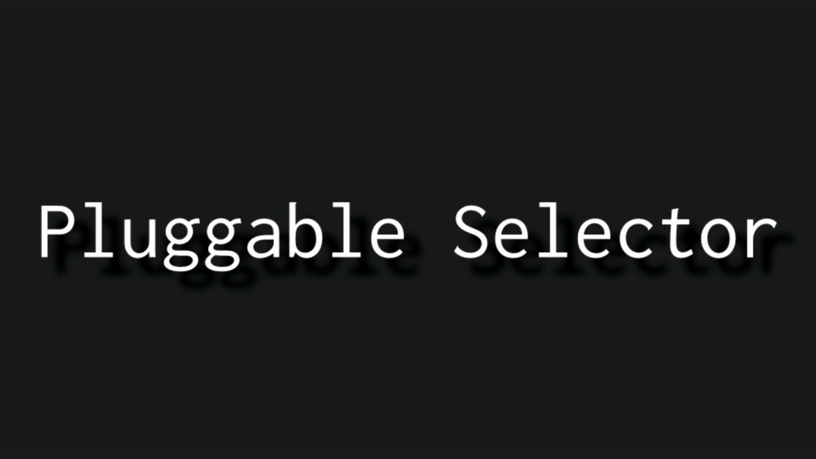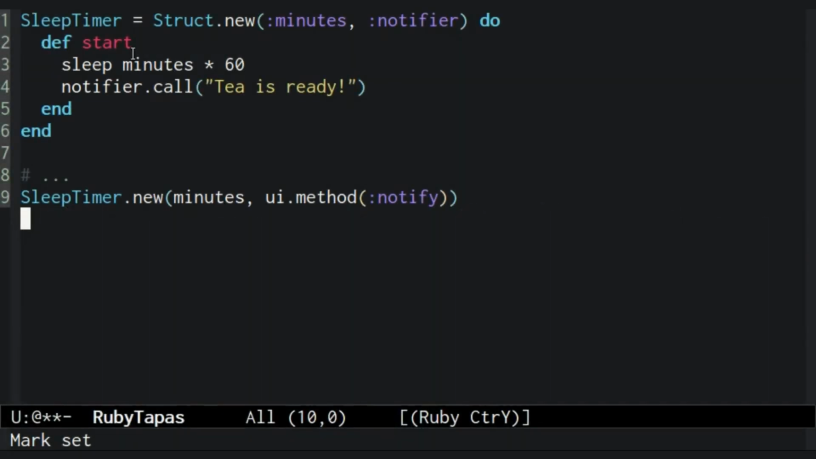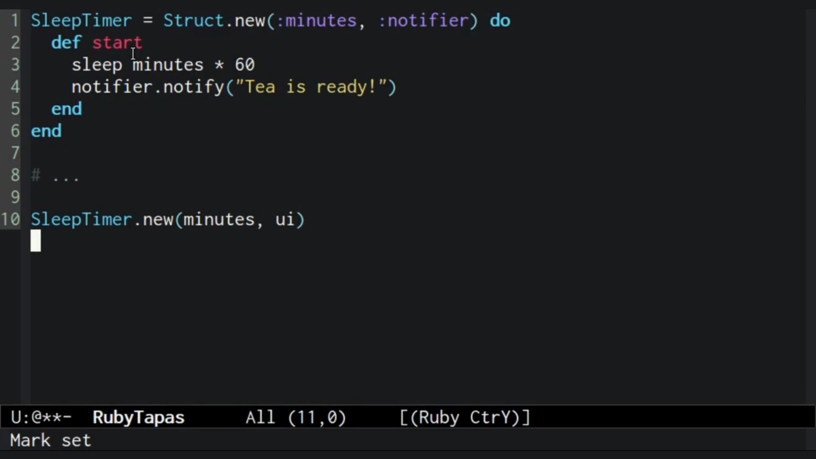In episode 11, we looked at the difference between sending a message and calling a method. We started out with a sleep timer class that was initialized with a reference to a method on a notifier object. Once the given number of minutes elapsed, it would call the method in order to notify the user. We then changed it to a version which was initialized with a reference to the notifier object itself and sent